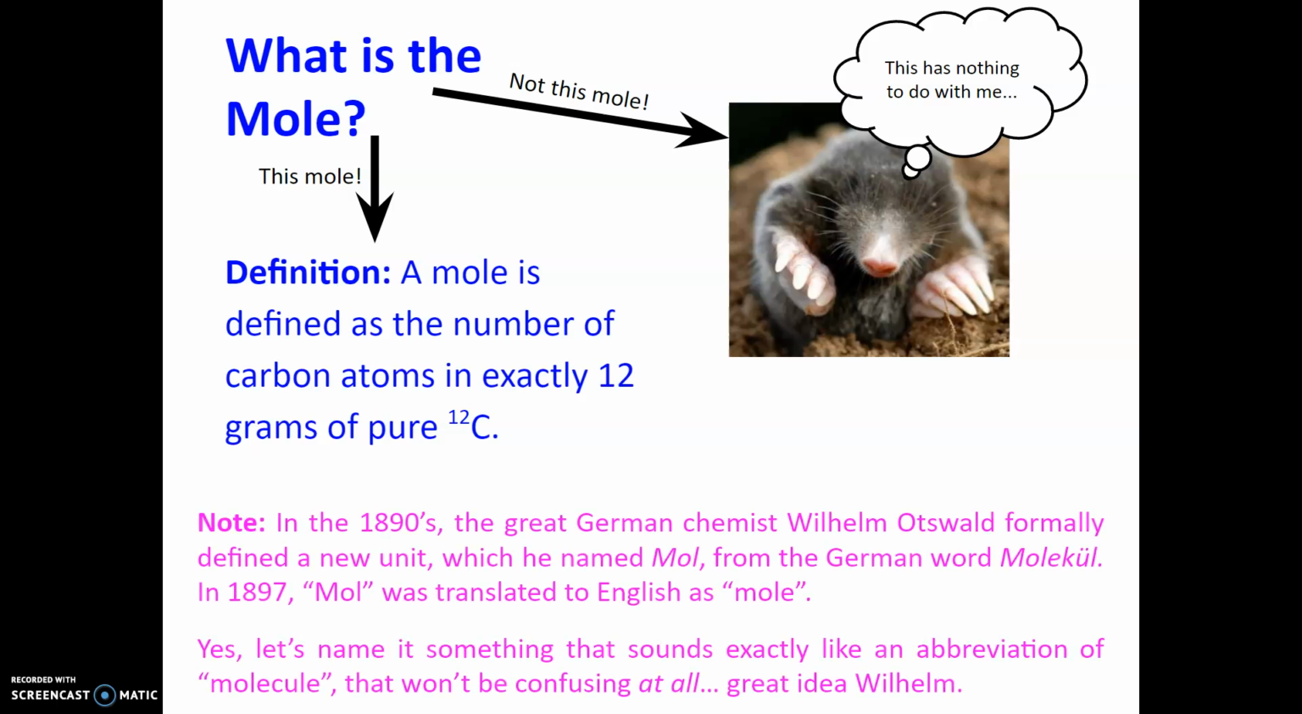Little side note, in the 1890s, German chemist Wilhelm Ostwald formally defined this new unit, and he named it the mole from the German word Molekül, which of course means molecule. And in 1897, mole was translated to English as mole. This is why it's helpful to look at the words on the screen, because I just said the same word 5 times. Anyway,